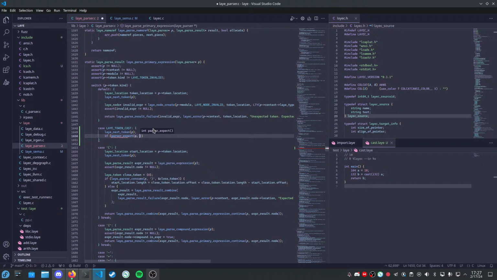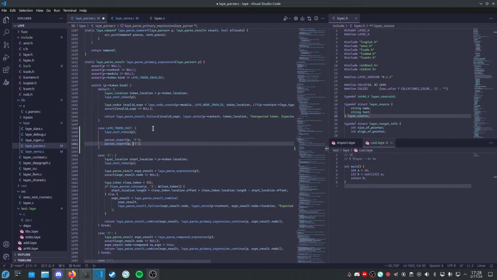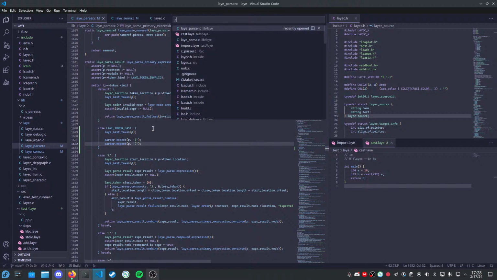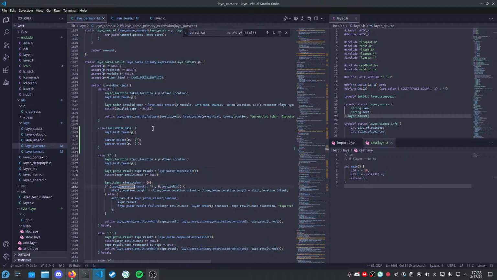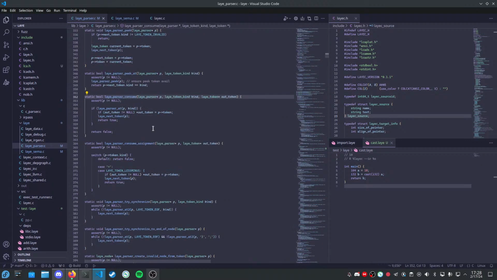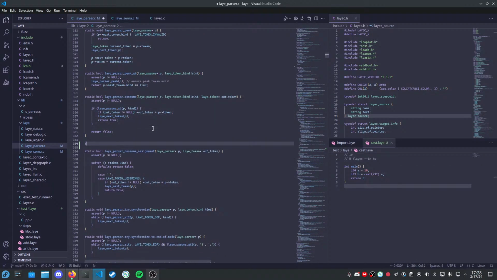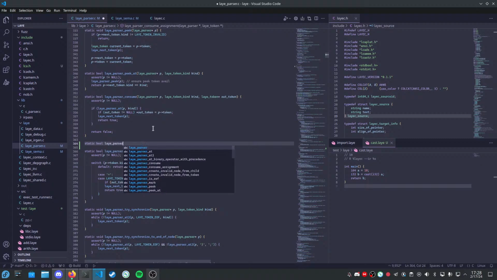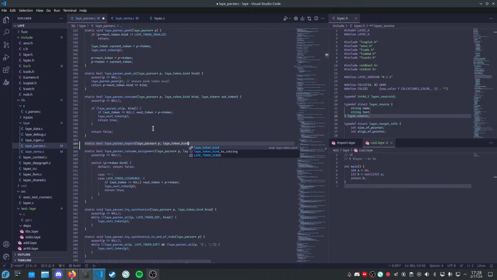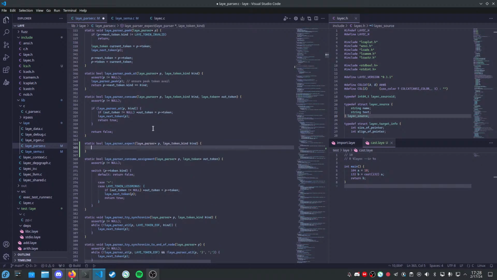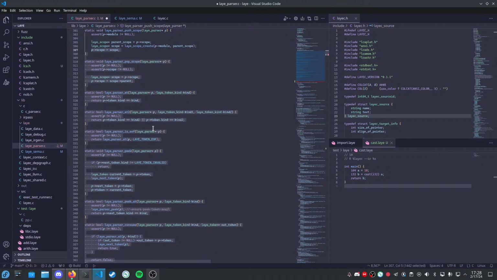I want P, token open paren is just this, and that'll simplify some things. We can just do this, and do this. Now let's go to parser consume, and we'll implement expect in terms of consume. Static bool, Laye parser expect, Laye parser P, Laye token kind,